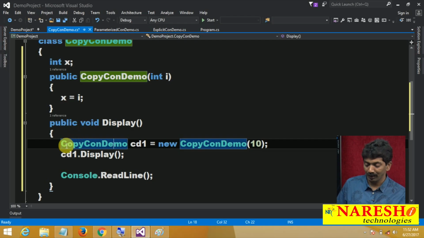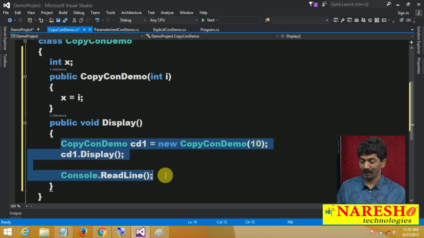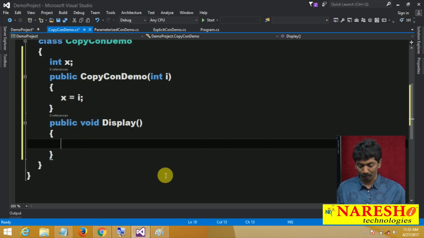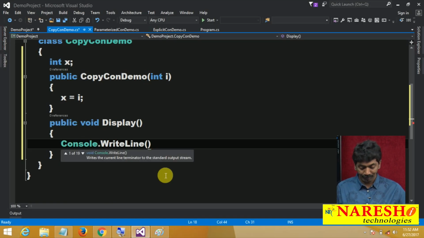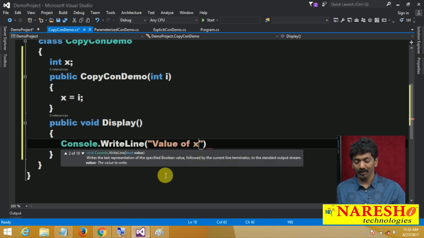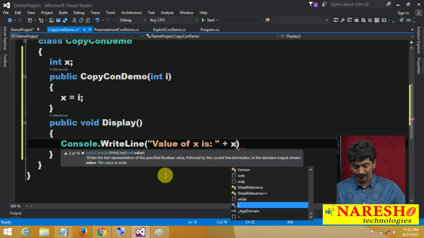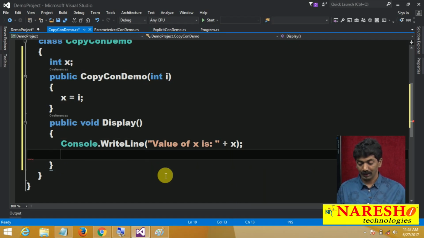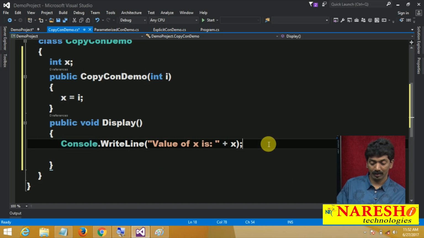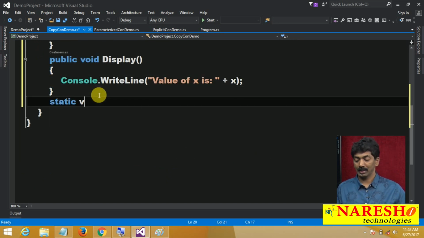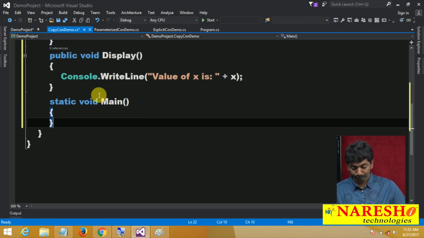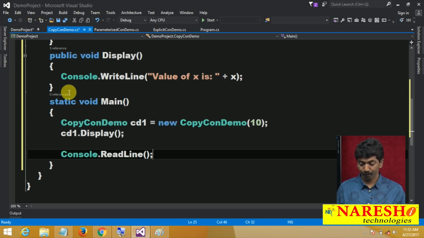In the display, I wanted to print console dot write line value of x is plus x. Then write a main method, static void main, print.